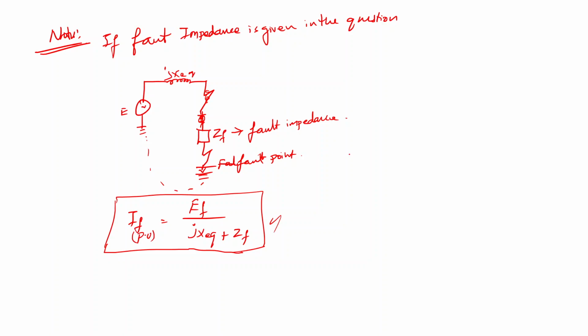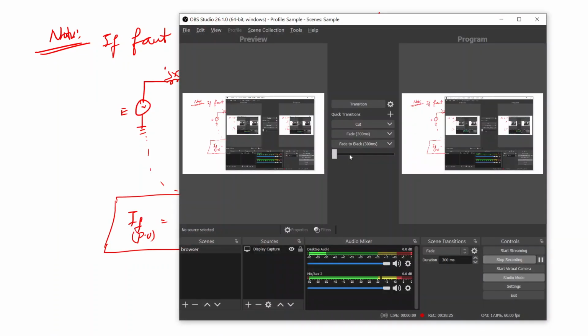So that's all the steps involved in the fault analysis for the symmetrical fault occurrence. Any doubt up to this? In the next class we will solve one problem on this symmetrical fault. So that's all about today's class, and we will meet in the next class.